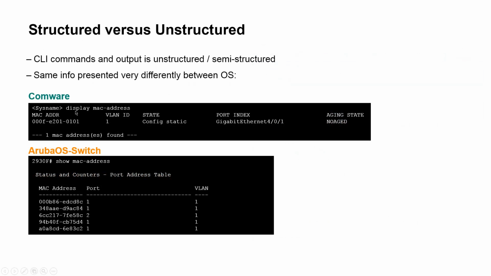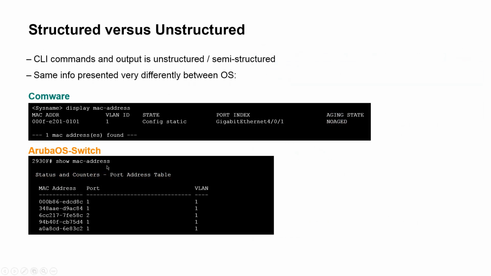And what we have here is the fact that as humans, we can read this quite easily because we've got MAC address and then we've got the MAC. Because I know computer networking, I recognise that as a MAC address. I've got the VLAN there. So I've got these columns. My brain can parse this and make sense of it pretty quickly because I've got my columns and I've got my data below that. That's fine. And if we look down though, and this is a problem, the same information between the different operating systems that you might have running on your network, they can be presented in very different ways.